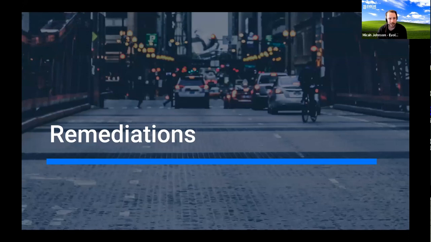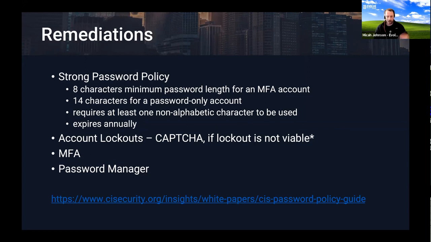And so next, what everyone was waiting for is remediations. So here are some of the remediations. It essentially comes down to a strong password policy. This CIS password policy guide is a good resource I use because it really breaks down password policy. The policy they recommend is an 8-character minimum password, dependent on if that account has MFA. If it has MFA, it could be 8 characters. If it doesn't have MFA, it needs to be like 14, right? So for a password-only account,